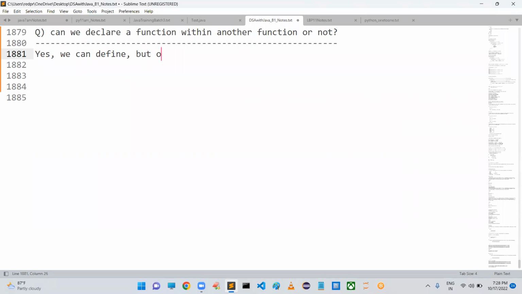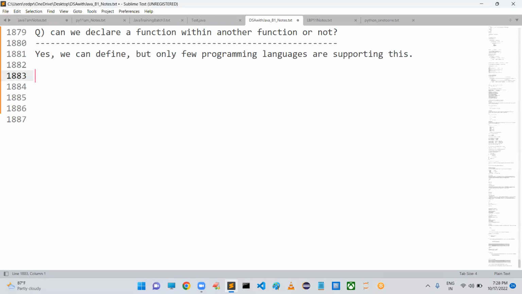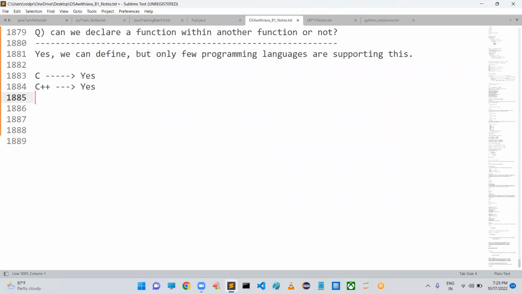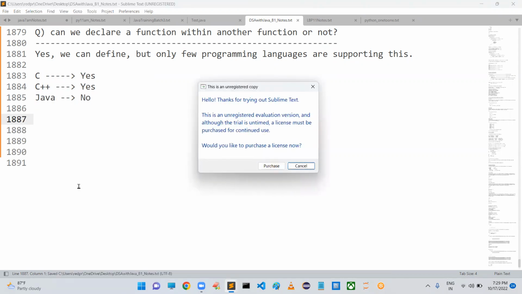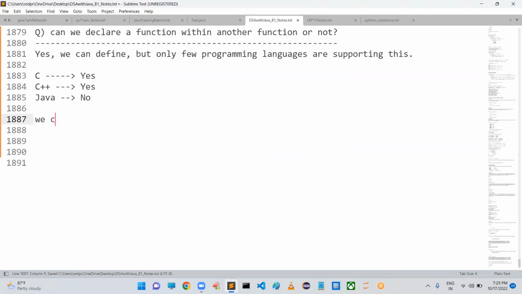But only a few programming languages support this. For example, if you take C language, yes, it is allowed. If you take C++, yes, it is allowed. If you take Java, sorry boss, I am not allowing it.